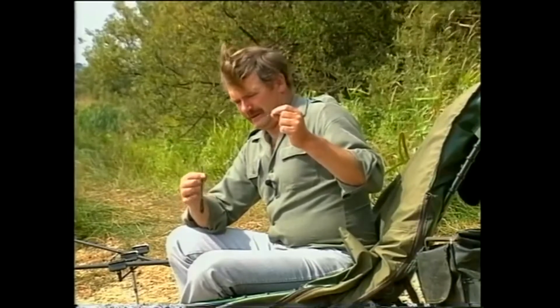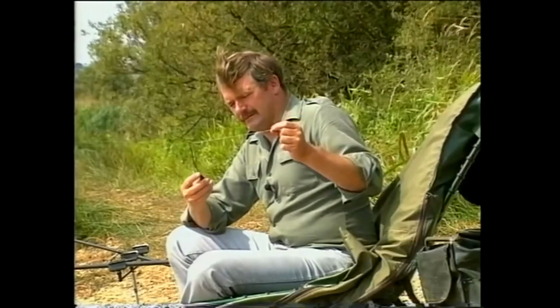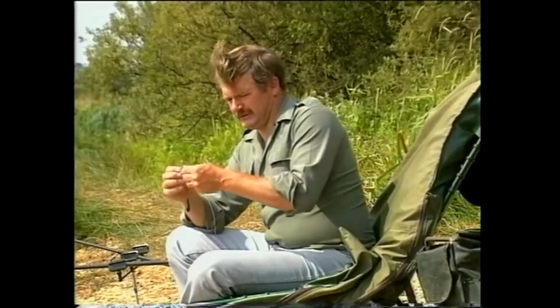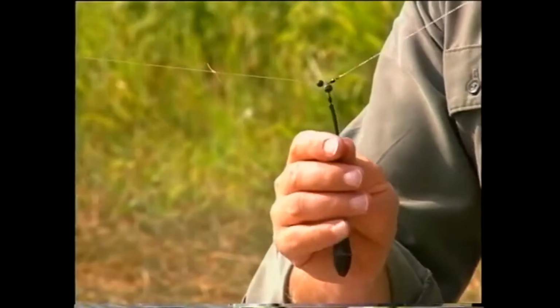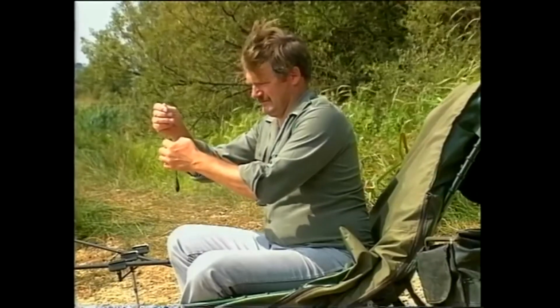but because there's a lot of weed out in front here, it's very, very weedy, Canadian pondweed and blanket weed, I've actually attached the lead with a fine hook length of line, about 4 pounds breaking strain. I'm using a power gum stop knot there to stop the hook link sliding up there. So in reality it's a fixed lead, like so,